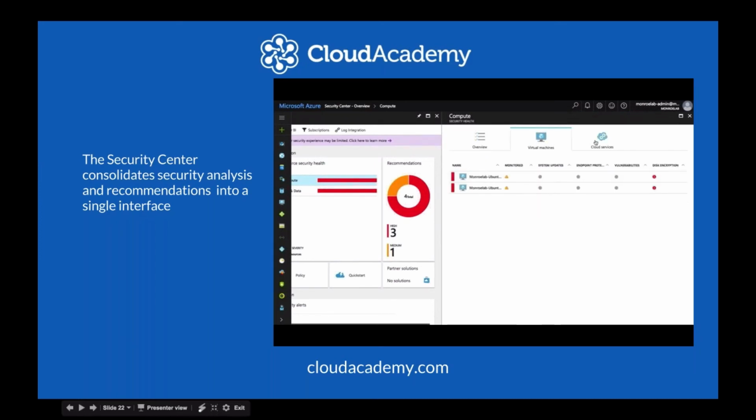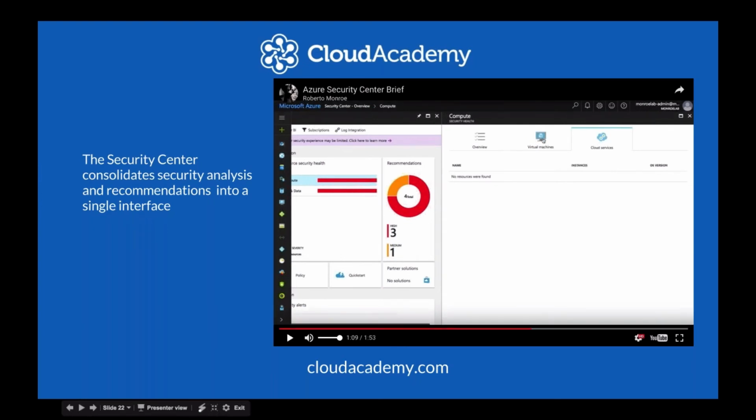You'll notice here that within, let me just pause this video for a second. You'll notice here that within the Security Center, you have an overview of everything that the Security Center can see, and then specific information about virtual machines and cloud services. A virtual machine, of course, as you all know, would be a VM, for example, a Windows host or a Linux host that you created within Azure. And your cloud services would be, for example, SQL Server PaaS or an Azure Functions built application.